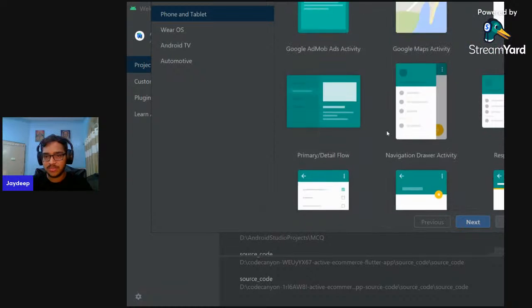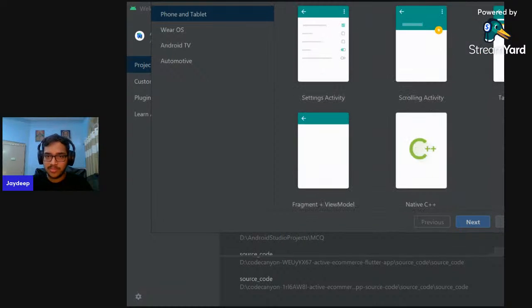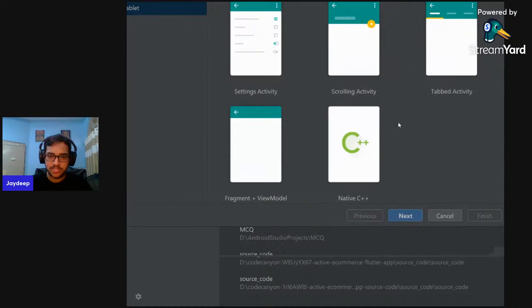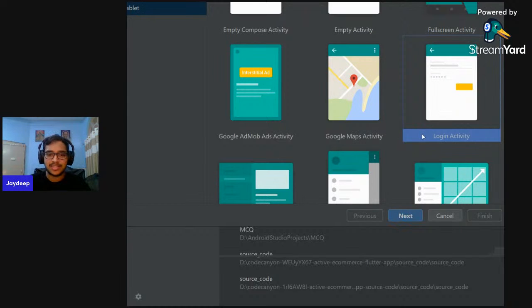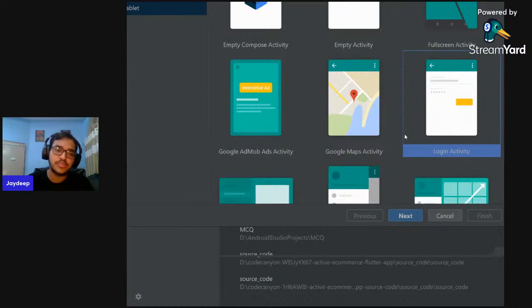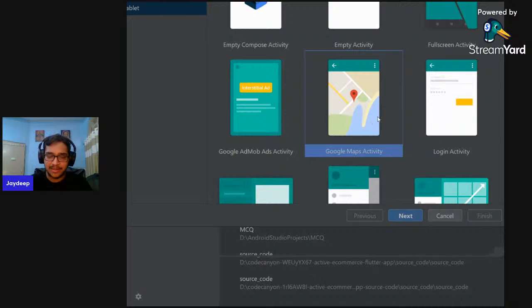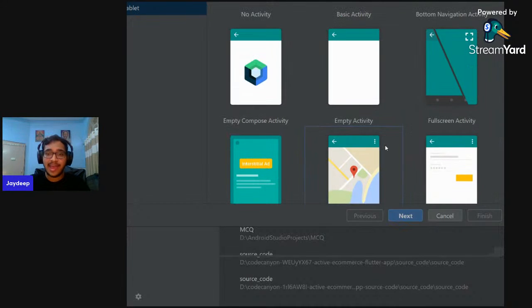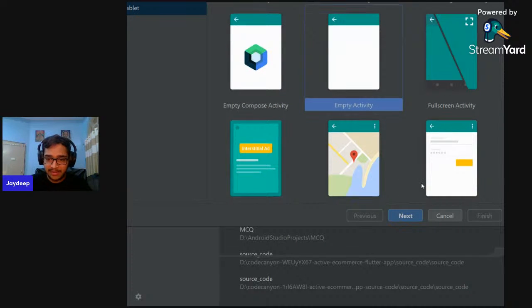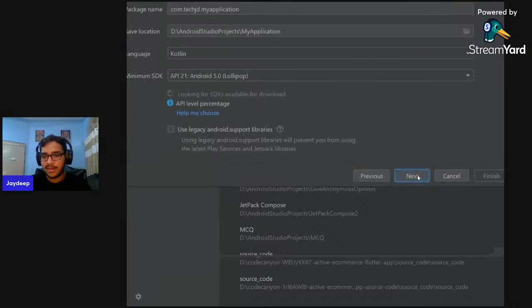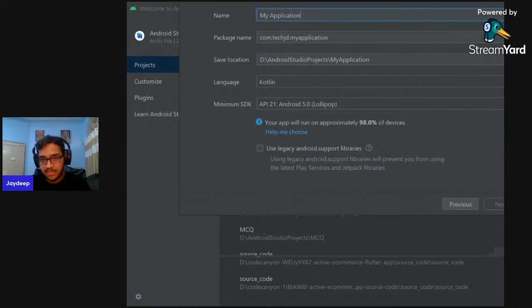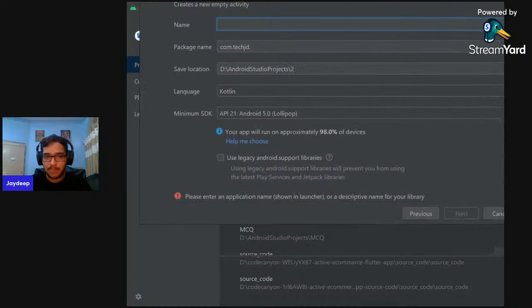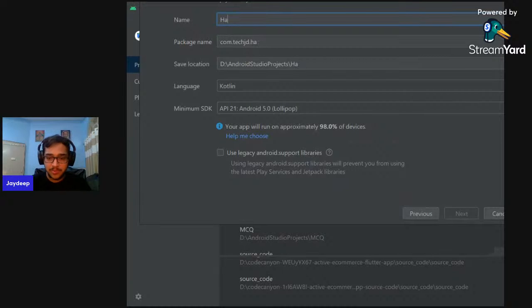You have a lot of options. For example, if you directly want a login activity, you can just select Login Activity. If you need maps in your activity already implemented, you can select Google Maps Activity. But as of now, guys, we will be selecting an Empty Activity. So select it and click Next. In this part, you need to give a name for our application. We are creating a happy birthday app, so let's just name it Happy Birthday,